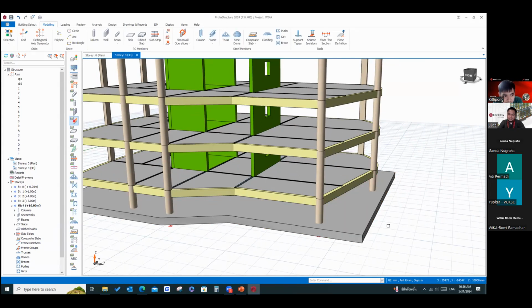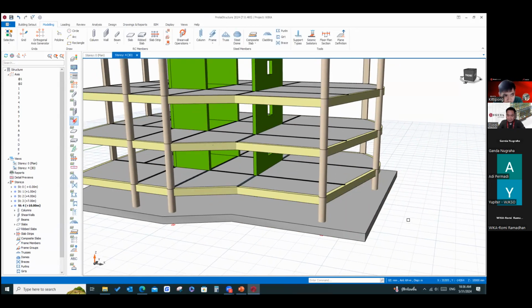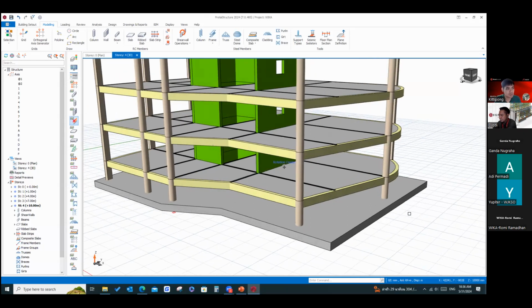My question is how to define the boundary condition for the mat foundation. We know that the condition of the soil, maybe soft soil, hard soil, and then I want to know about how to define the boundary condition in mat foundation in the structure.